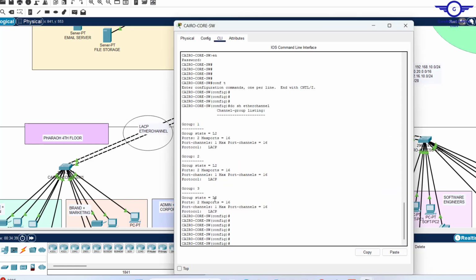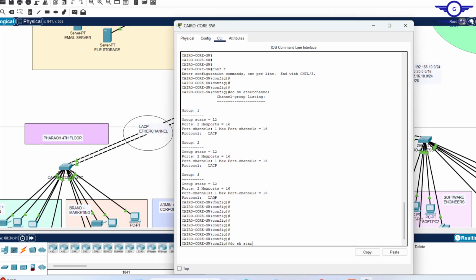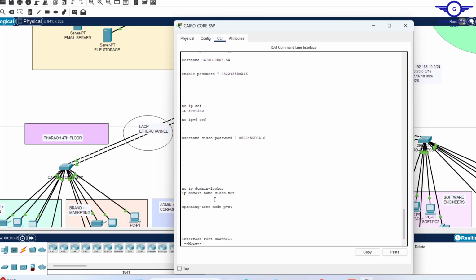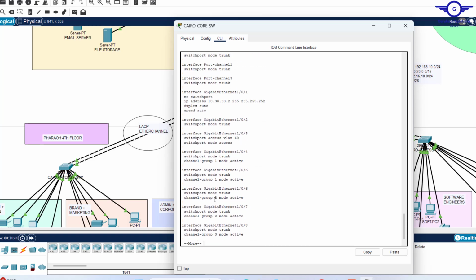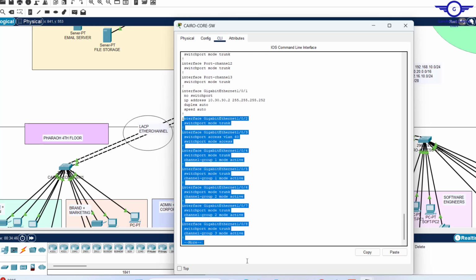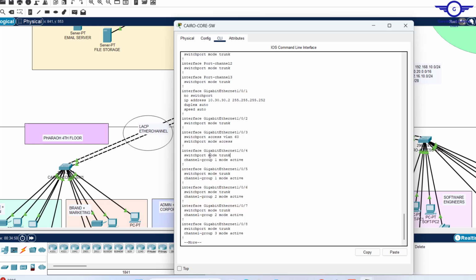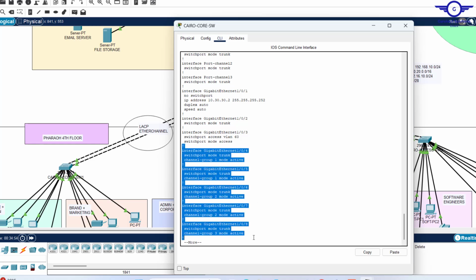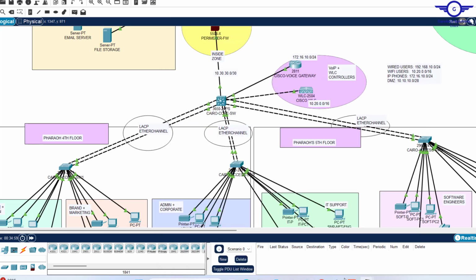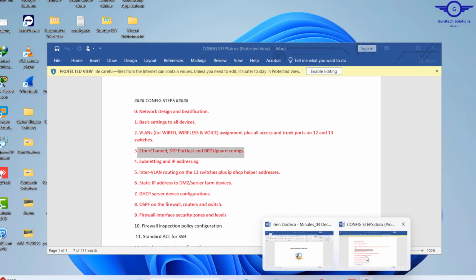If you also say do show start, you will notice that for the trunk interfaces, they have EtherChannel configuration here, from this point where the channel-group 3 mode active starts. Yeah, active. So those are the EtherChannel configurations. Then another thing that was mentioned here was